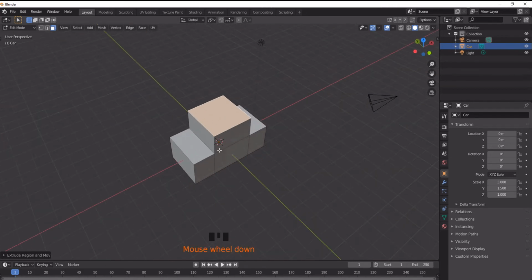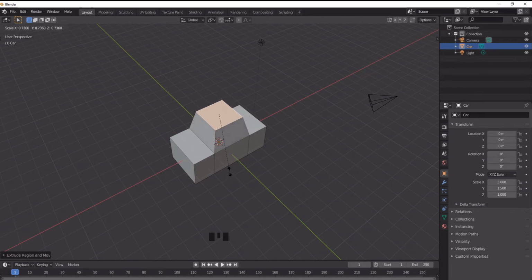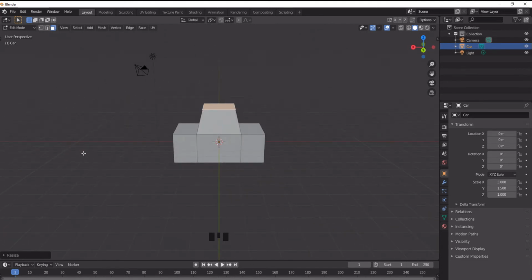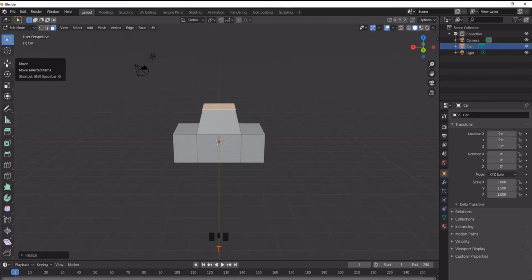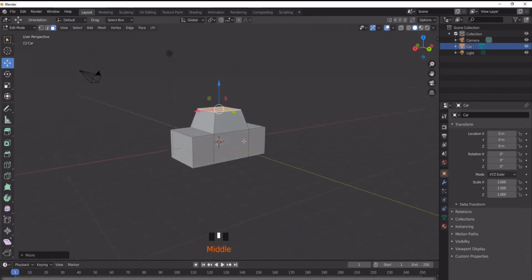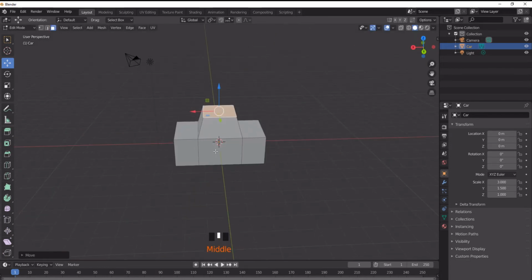Then we're going to scale this face equally. So press S and then move our cursor towards the middle of the screen so that it drops in like so. I'm going to press the T bar and select the move tool. We want to move on the Z axis. So grab the toggle and just pull it down slightly